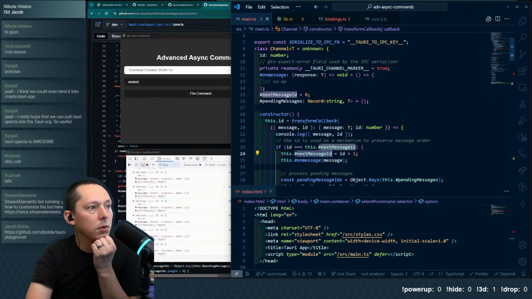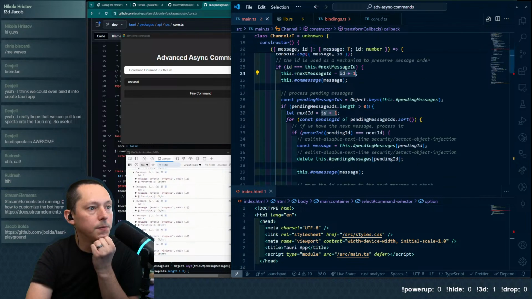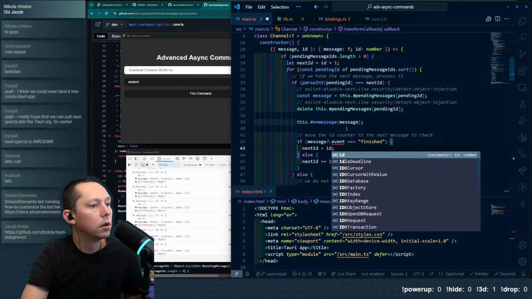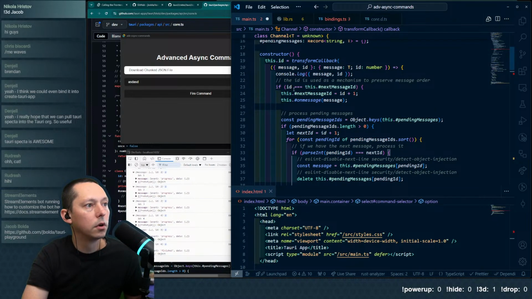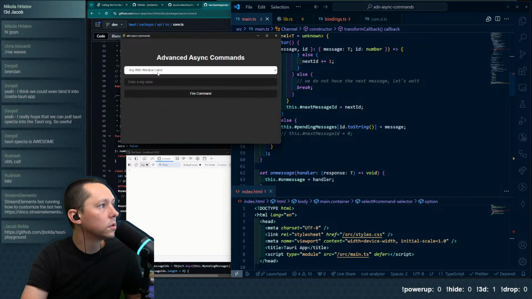So where's our next? Our next message ID is 0, and it's saying ID + 1. Got it. So actually, in reality, this should be ID, because that'll basically make this true. In which case, it'll continue to process. I see what they're doing.